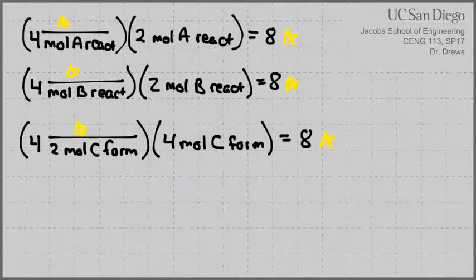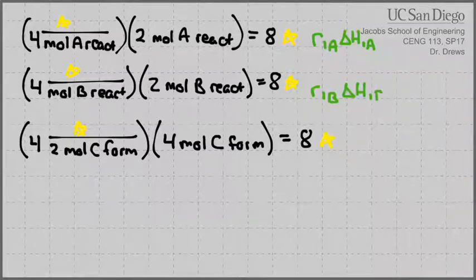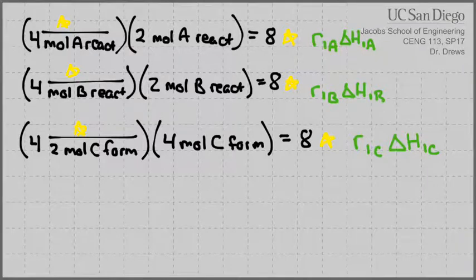Each one of these, you can pick any one of them. This one represents R1A delta H1A. This one represents R1B delta H1B. And this one represents R1C delta H1C. So as long as I account for which molecules I'm talking about, it doesn't matter the basis that I choose for that reaction. So maybe now it becomes a little bit more clear as to why I never write it